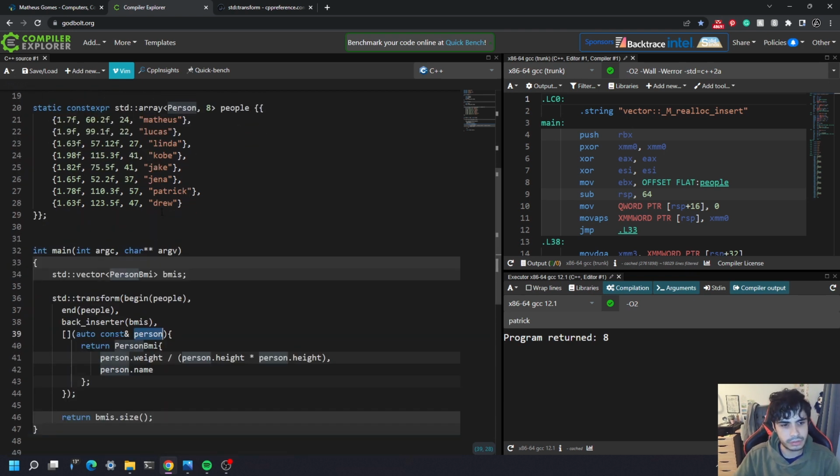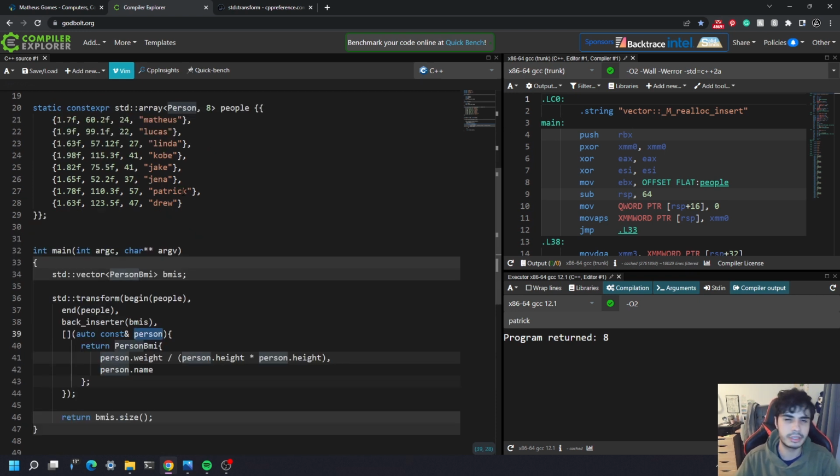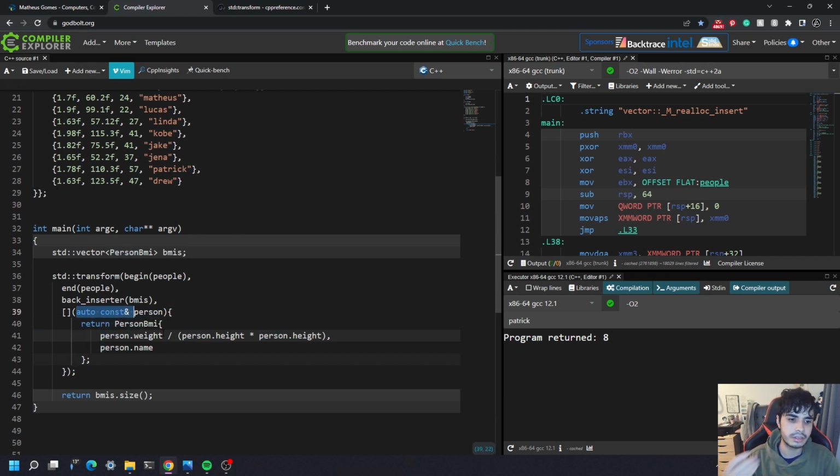But because I'm using auto const reference here, and I actually recommend writing auto const reference unless you've got a very primitive type, it's basically going to save you from having to refactor this bit of code in case the type of people changes in the future. So auto const is perfectly fine here. It works in most cases very well. So I'd recommend that.